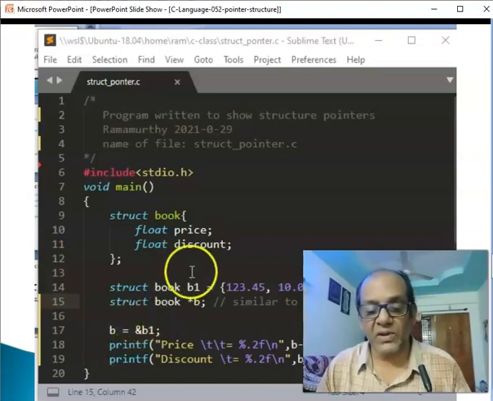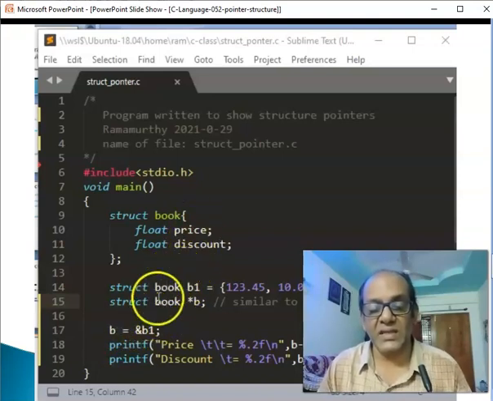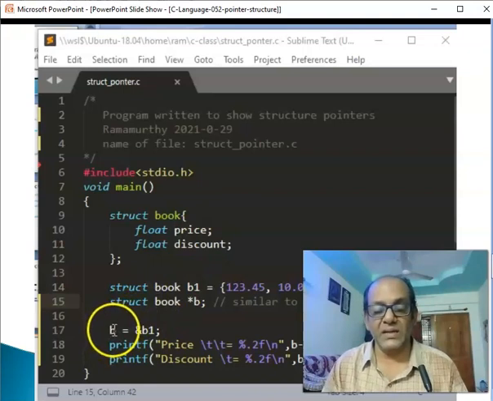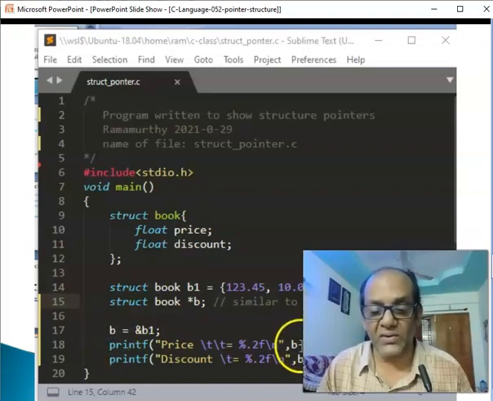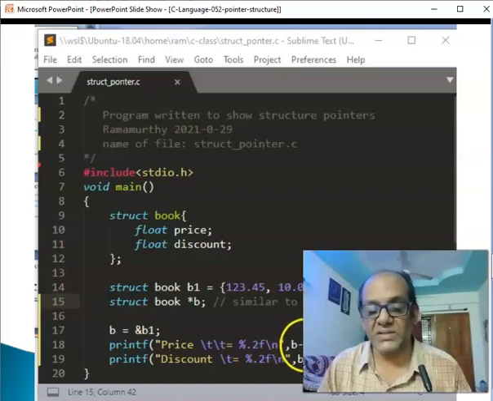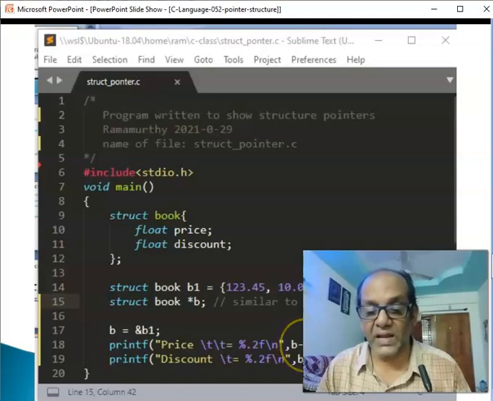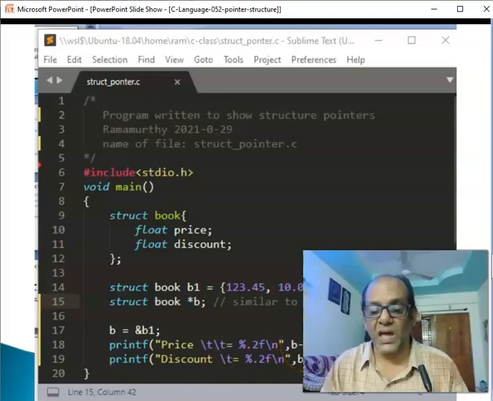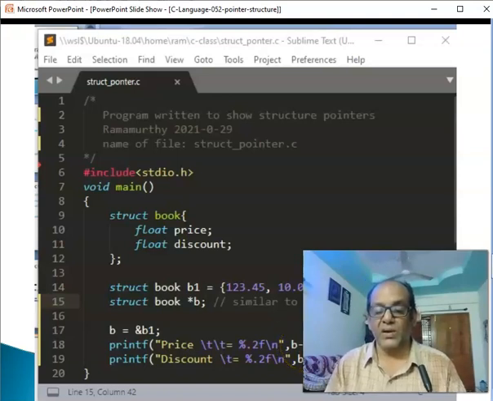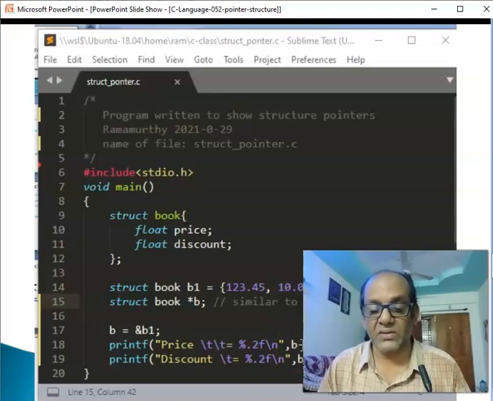Then see that we are trying to access the elements price and discount from the address. So it says go to the address, fetch the price. That kind of operator is called the arrow operator, as shown here. B arrow price would mean go to the address B and fetch the price element of the structure.